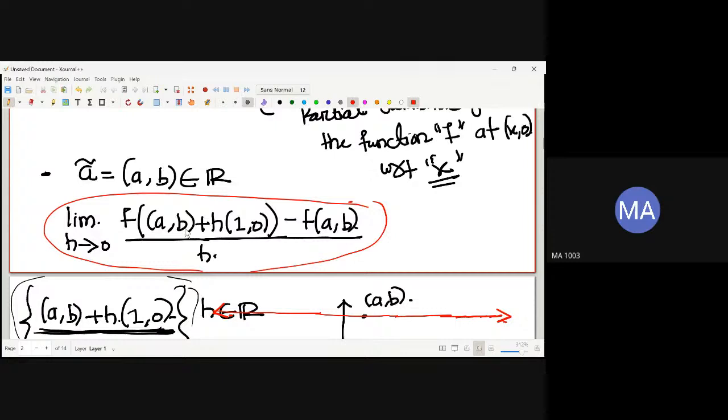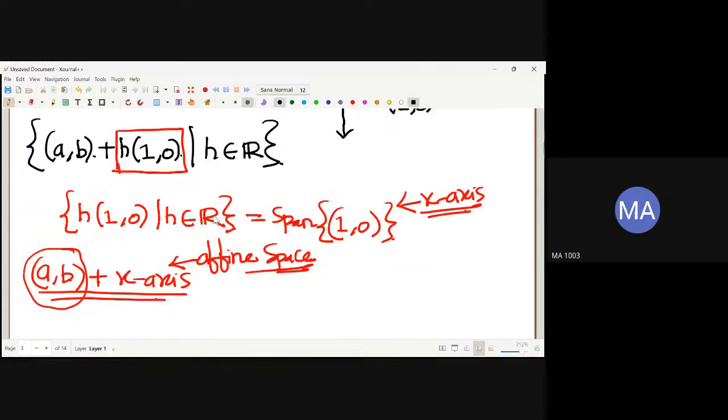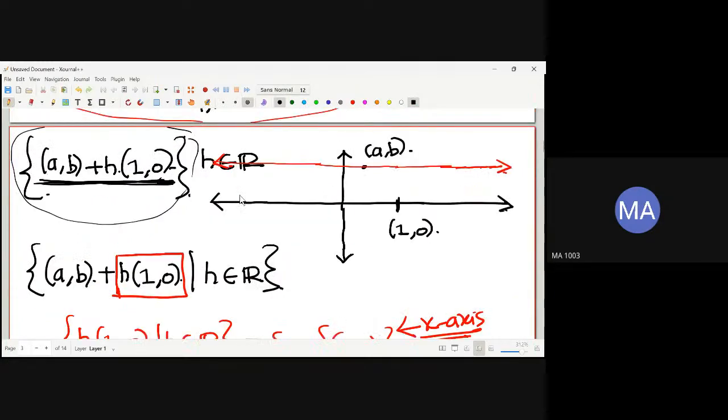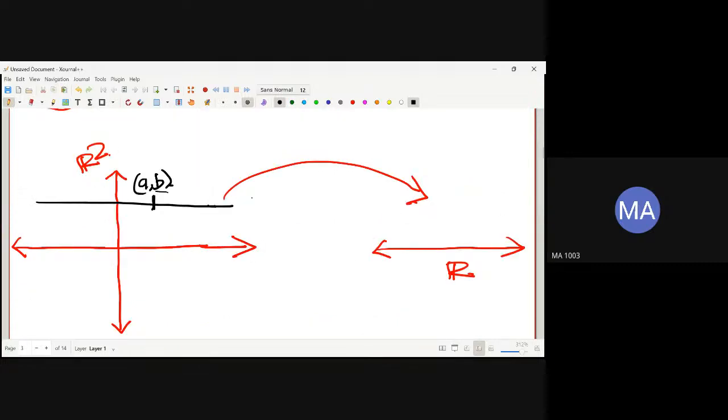It's a map from R squared to R, and you have this line. So this is your (a, b), and when you take h towards 0, then you are basically in some neighborhood. So when you are computing